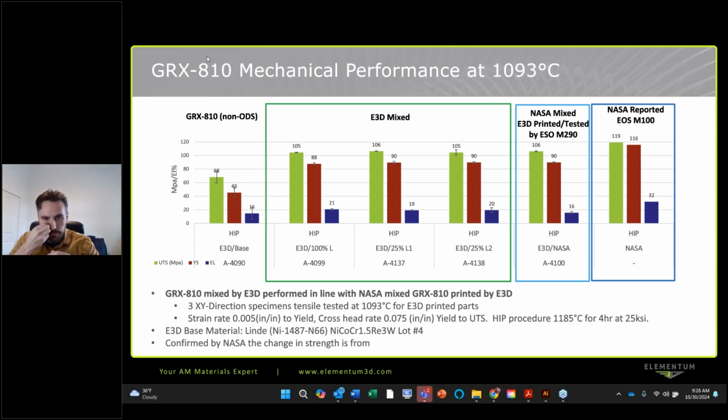All of these were tested at a certified lab at PES, and at least three samples were tested at very high temperature, at 1093 C. And we should be very close to offering this as one of our products here at Elementum 3D. And the next material I want to talk about is